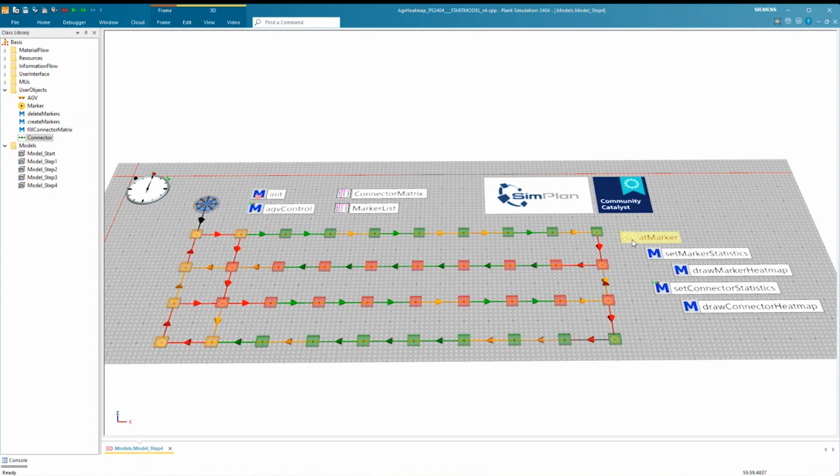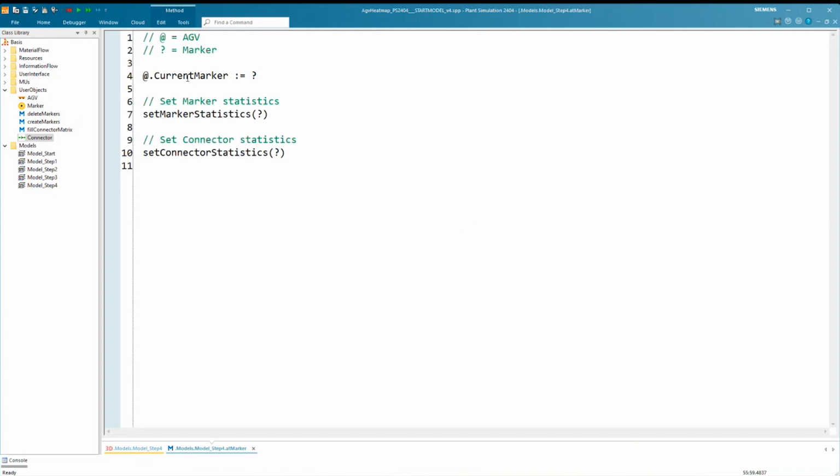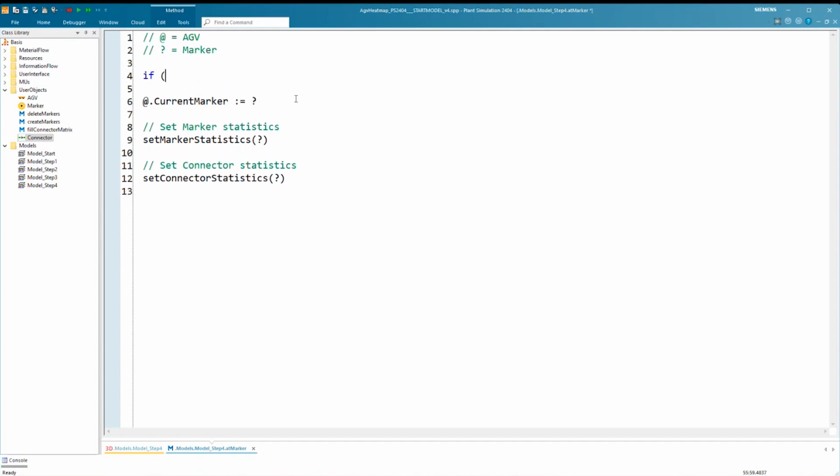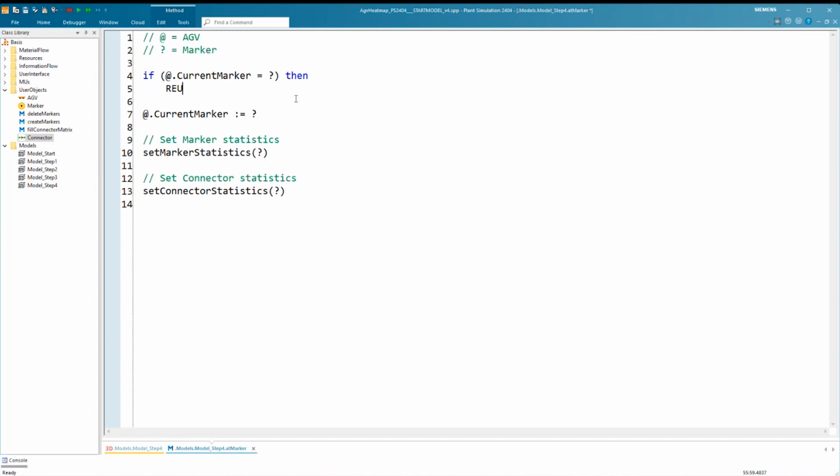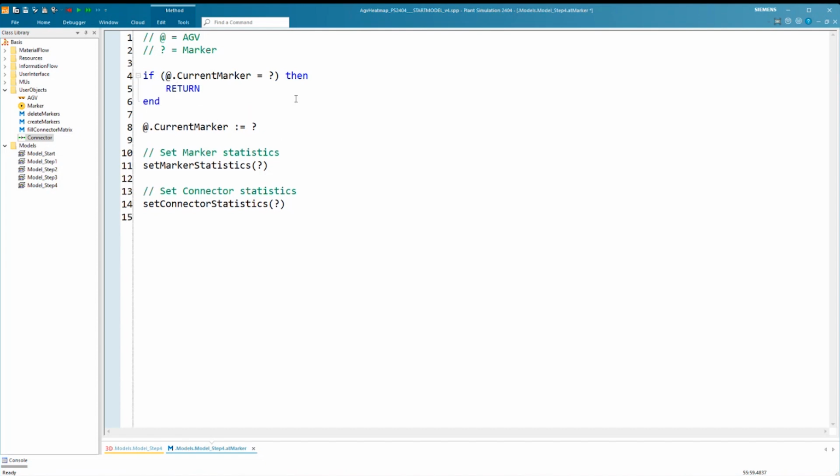I mean, the simple workaround is if we have exactly like this, if this was already set, then I can just skip this method, right? So this should not happen.